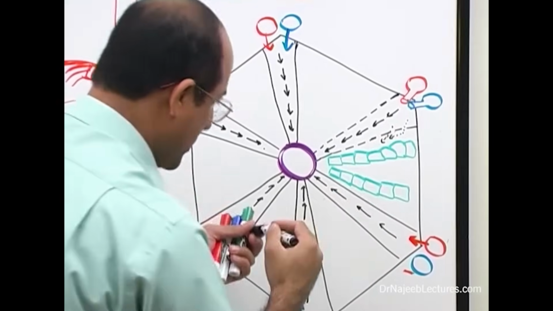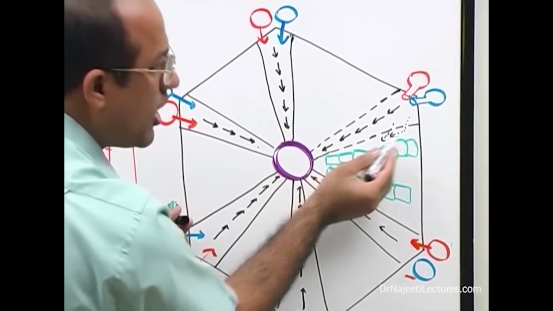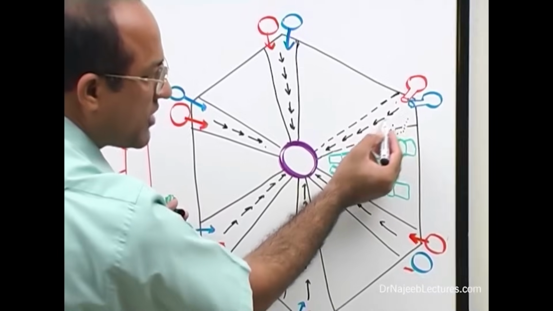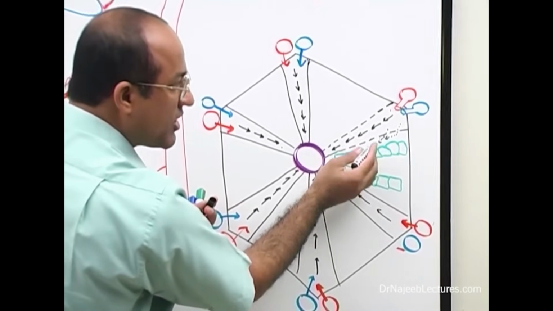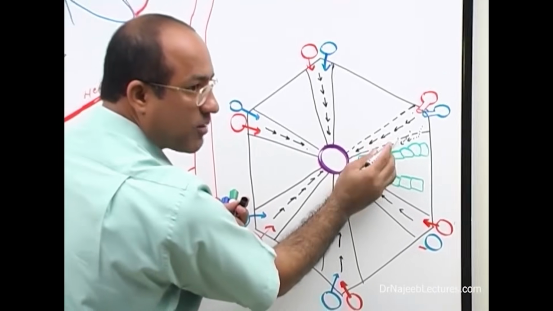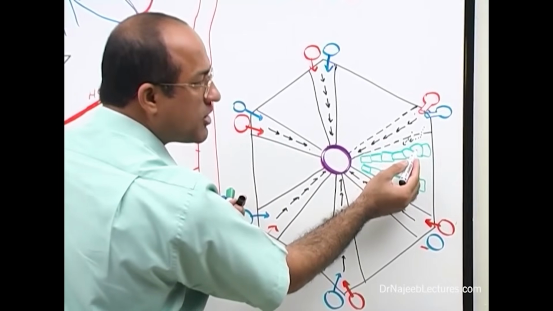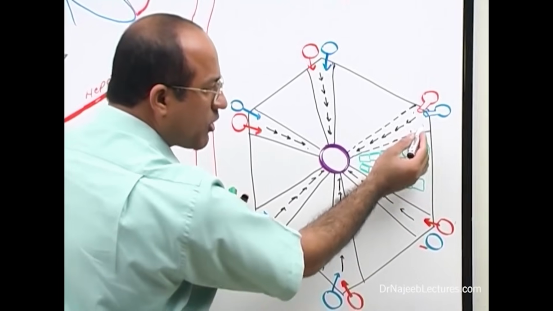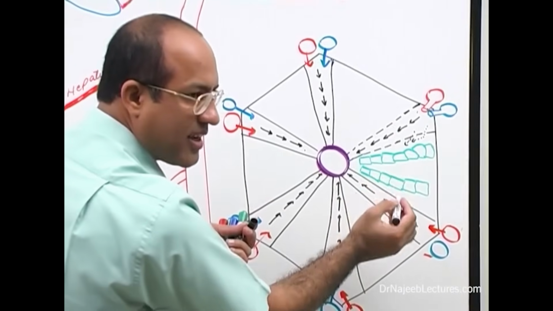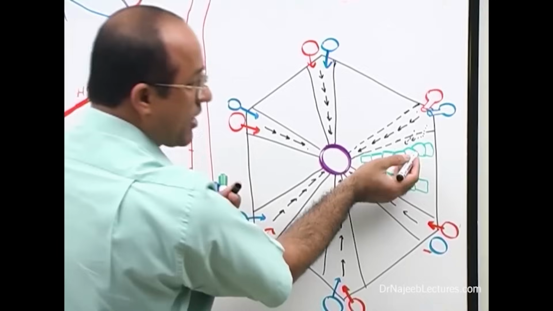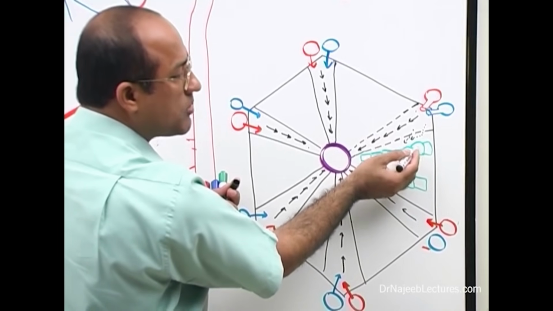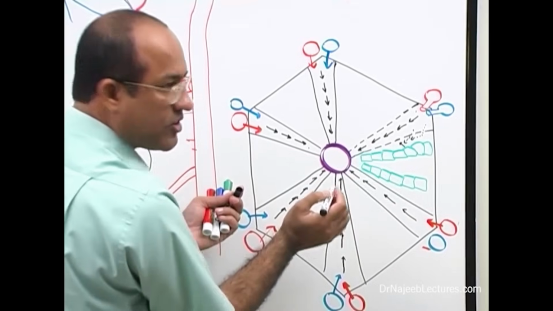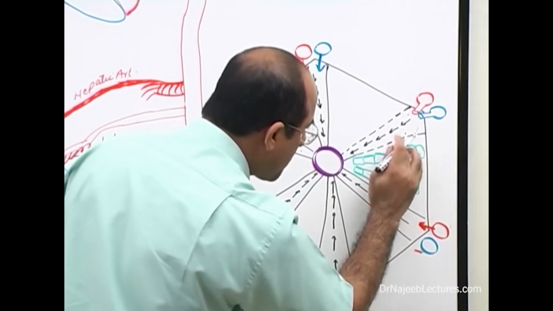All the plasma which is passing through the sinusoid is well exposed to hepatocytes, so that hepatocytes can work on that plasma. If toxins are coming, they will take up the toxins and detoxify. If extra glucose is there, they will take up the glucose and make glycogen, right? Or if hepatocytes have to produce plasma proteins, they will synthesize plasma protein and secrete it to this. Now this special space